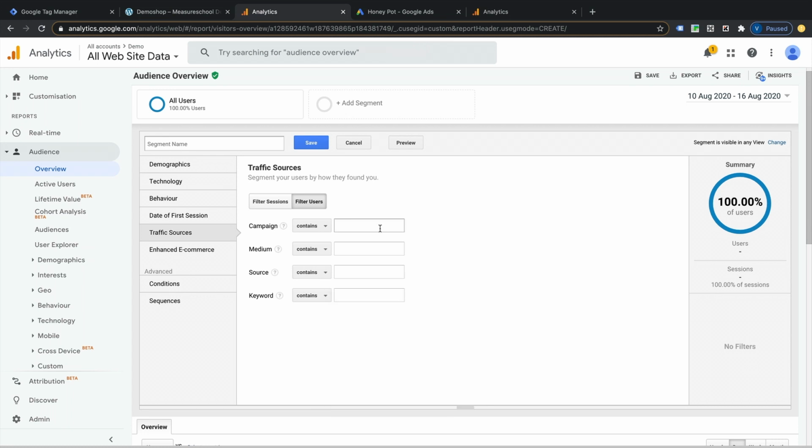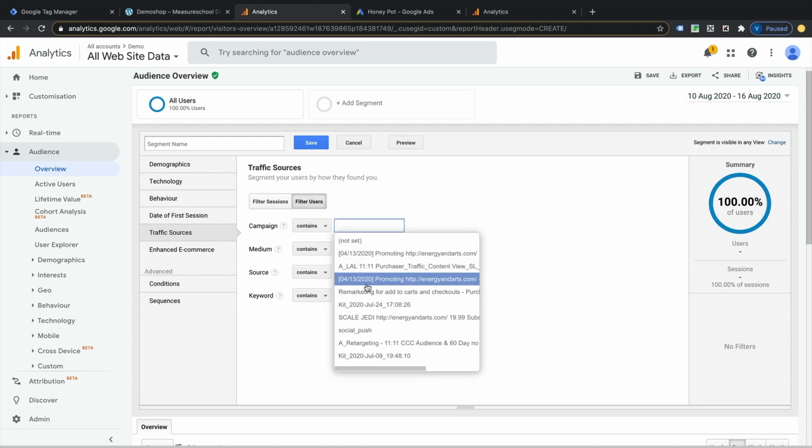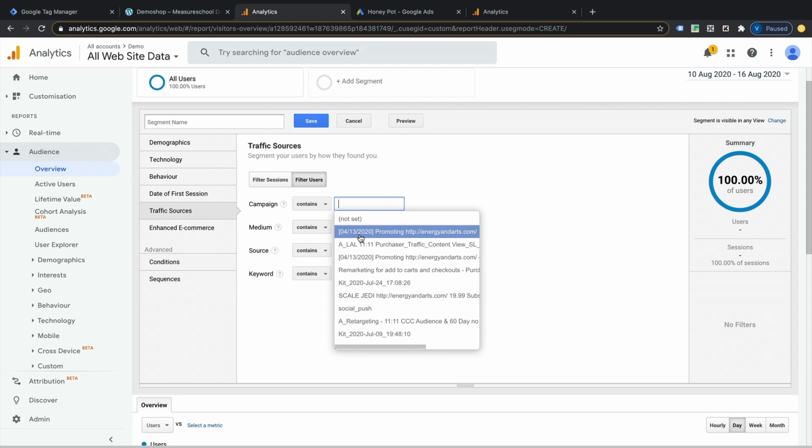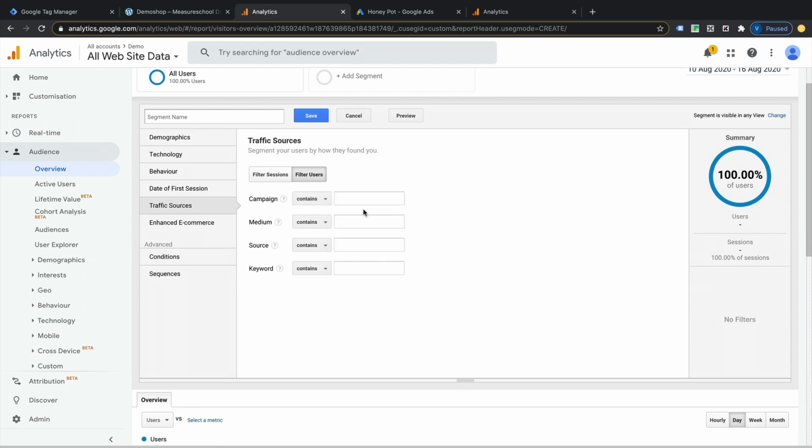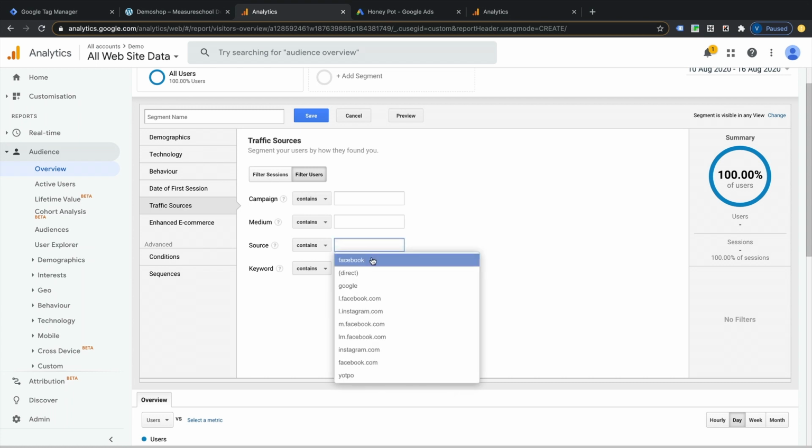However, because as I mentioned, I'm using UTM parameters to import into Google Analytics, if you come out to campaign, all of the campaigns I have running are actually populated here. If I wanted to, I could create a specific audience based on a campaign, but as I mentioned, we're going to use the source, so I'm going to click from Facebook.